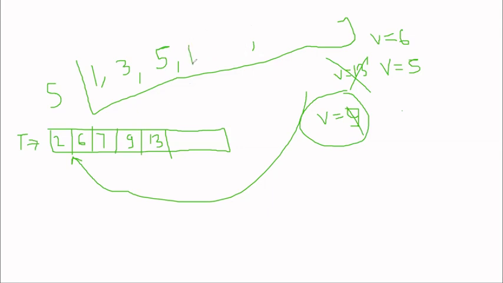Let's say 13 will be popped from here, because 13 is greater than that 5, and 9 will be popped from here because 9 is greater than 5. This 9 and 13 is popped from here and added in our main stack. Let's say 7, yes, 7 is also greater than 5, so 7 will be popped from here and added. 6 is greater than 5. Yes, 6 will be added at the top of this stack.